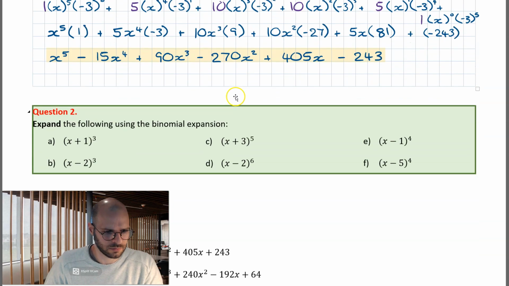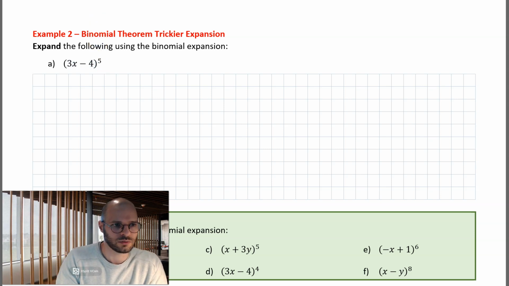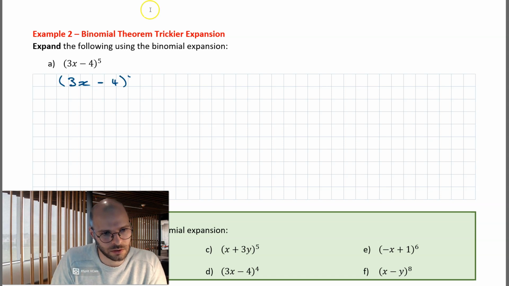Alright, final one and trickiest one of them all. We want to expand. Now we've got to the power of 5 and we're dealing with non-1 coefficients here. So you've got a 3x and you've got a 4, and it's minus just to make it trickier. Alright, what we're going to do is employ the exact same pattern we used before. So it's to the power of 5. Now running this out, I simply go, my a is going to be 3x in this instance, so it's 3x